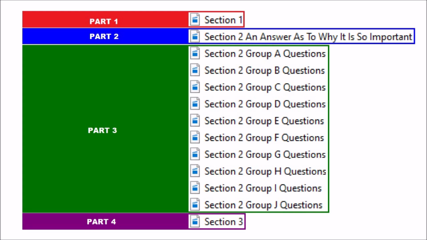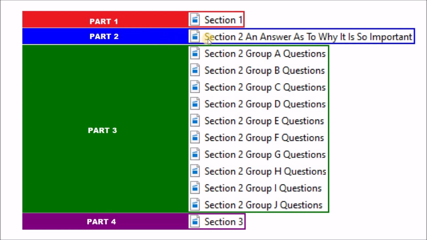In this video, what I'm doing is combining 4 elements. Part 1, Part 2, Part 3, and Part 4. Okay? Part 1 is a video, it's Section 1 of the CDL manual read-along. It's not very long, so you watch this video. That's Section 1. Now, Part 2 that you see here in blue